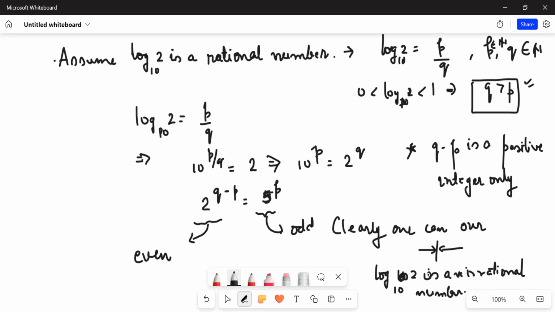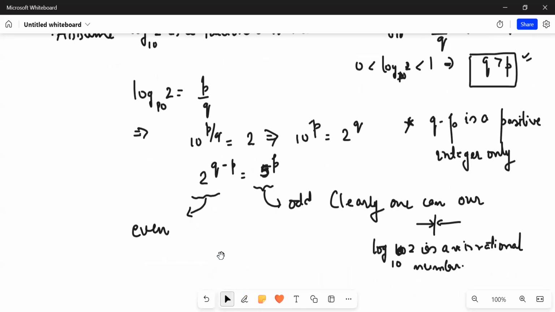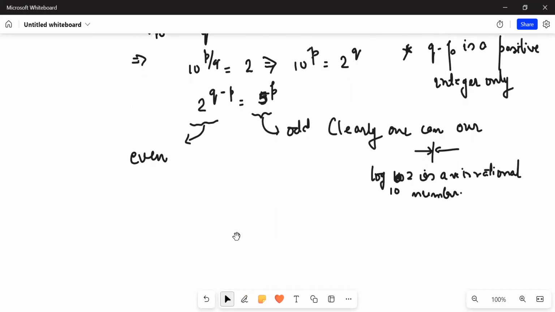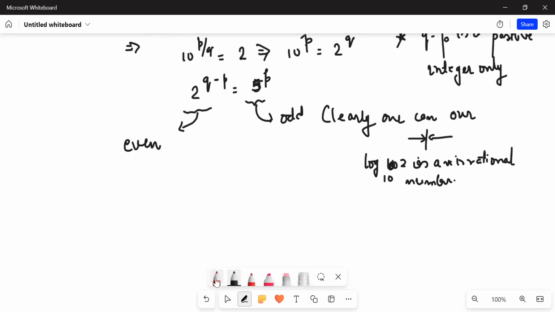Okay, so this is how you should be proving things. Now let us do one more question, and then we'll meet in the next lecture also, so that we'll focus more on this thing. Basically, these questions are not asked that much in examination, but you should know what are rational as well as irrational. Okay, so let us say, what can you say about